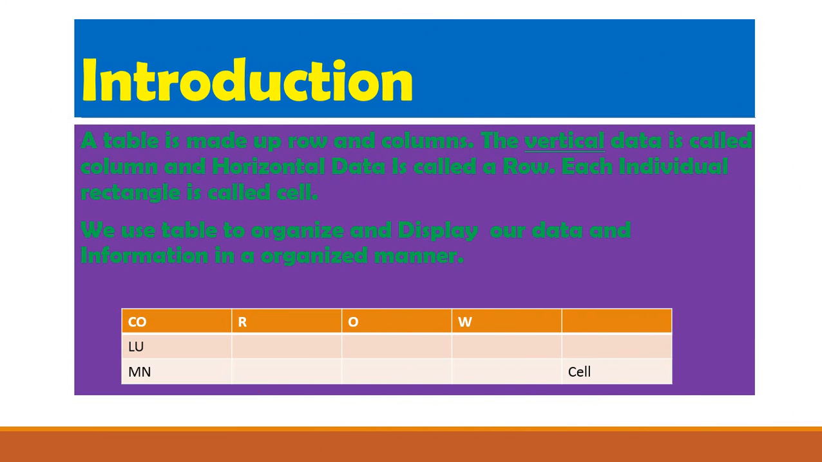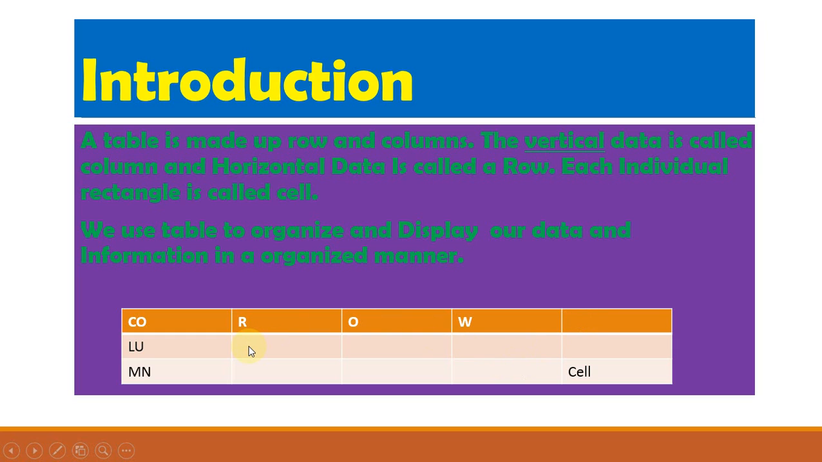A table is made of rows and columns. The vertical data is called column. So there are 3 columns, and the horizontal data is called row. There are 5 rows, 1 2 3 4 5, and also every individual rectangular